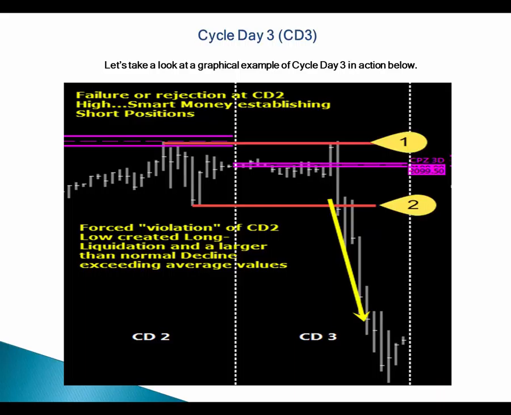Well, we don't know that's final demand on cycle day 2 until we start seeing what happens on the next day. Does price continue above cycle day 2 high? Does it get rejected? That will give us an idea of whether or not those latecomer buyers, in a case like this, would be trapped, like we saw today from yesterday. All right. So in this example, as you see on the slide, this is a case where buyers were not able to expand price beyond cycle day 2 high, and as a result,